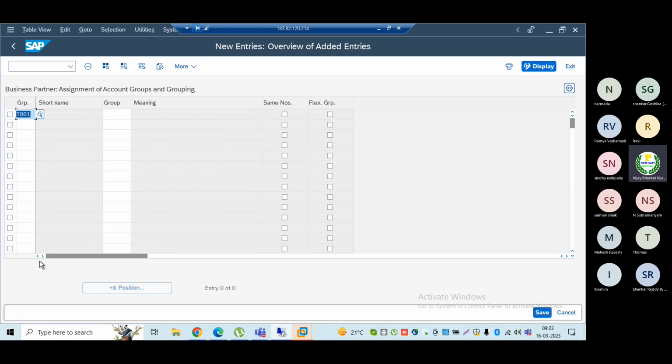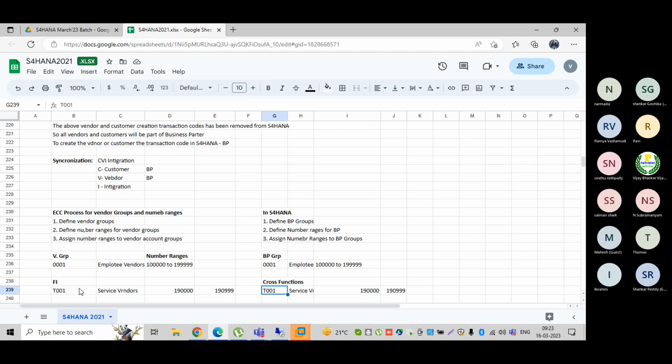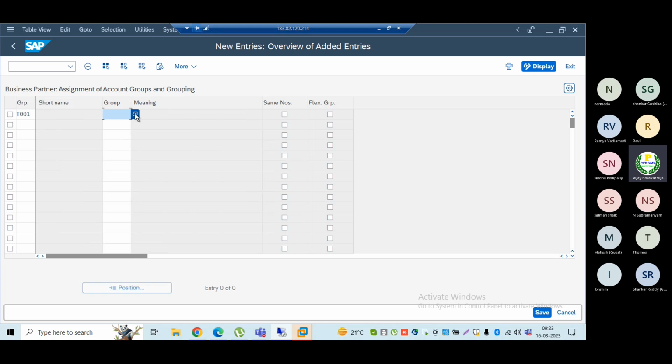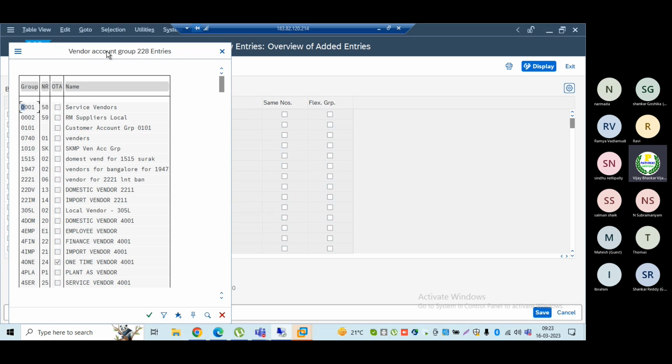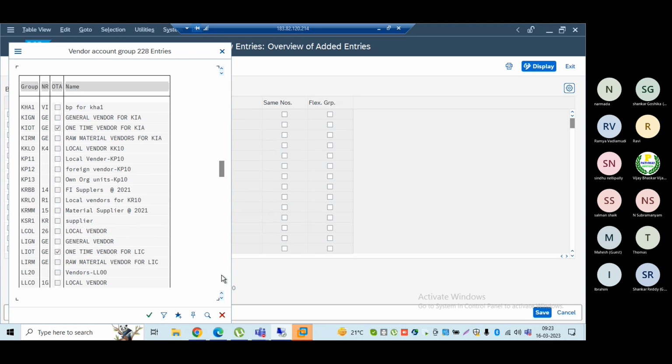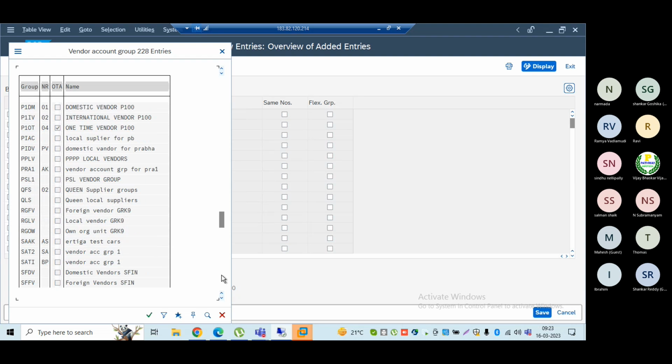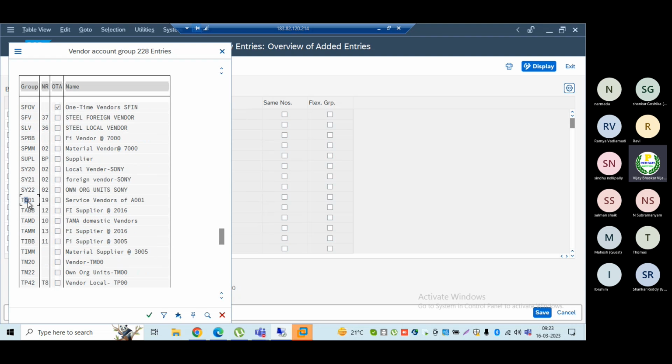Now this is the group where I am entering, which I have created in finance. Now you can see here vendor account group, remember. T001, number ranges you can see 19 has been assigned, service vendors for A001.